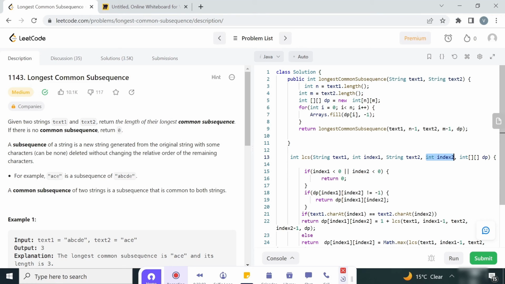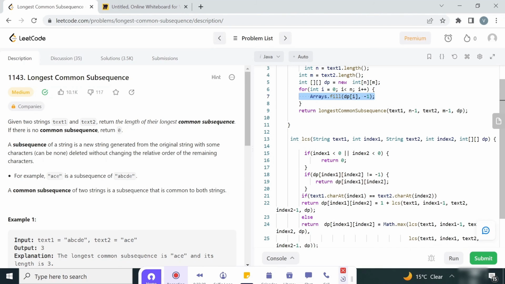So what is the rule for declaring the DP? Take the inputs, see what parameters we are taking apart from the strings, that is index 1 and index 2. So we have to take the DP of n into m. We initialize DP as n into m, and we initialize all the values to -1. Now we call our LCS